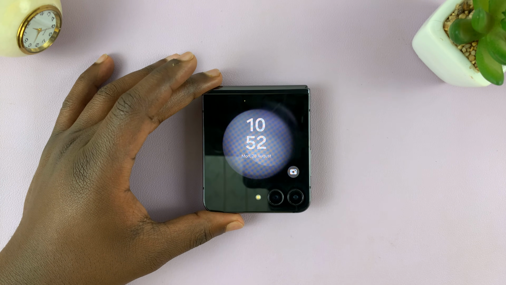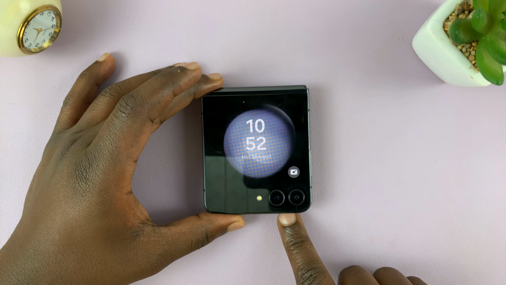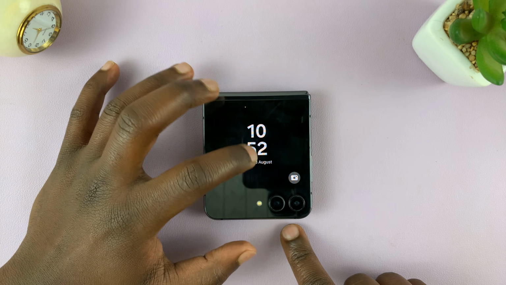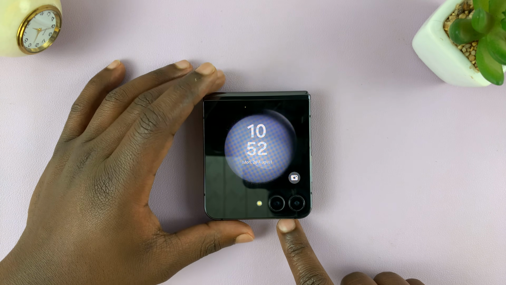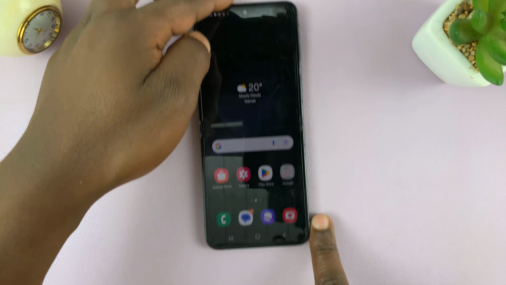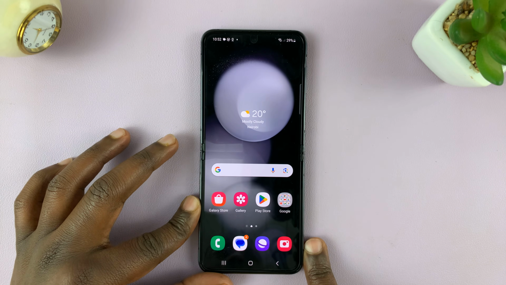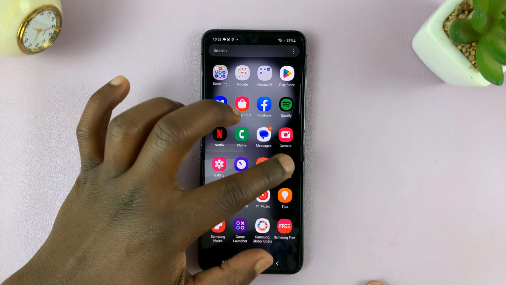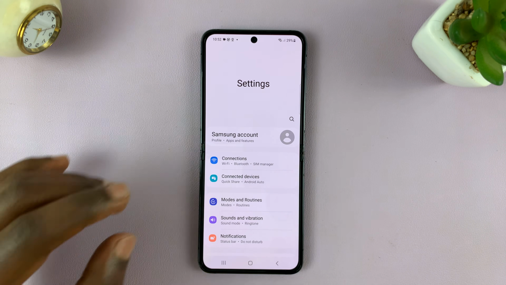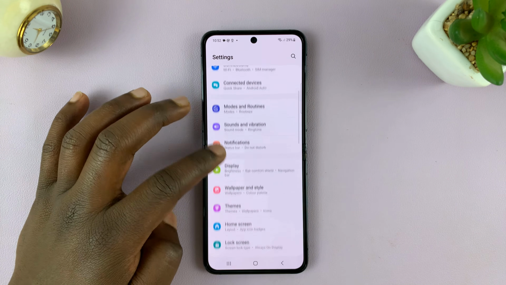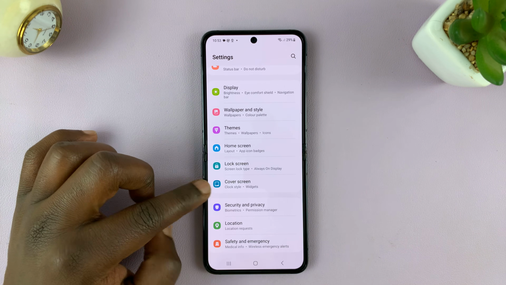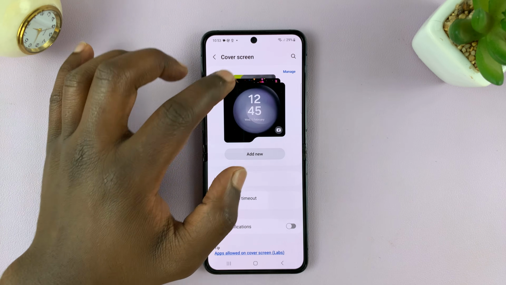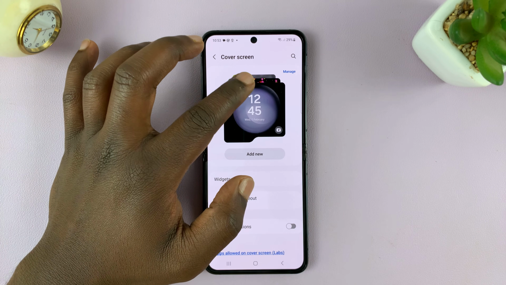I have the Samsung Galaxy Z Flip 5, and I'll be showing you how to change the cover screen clock style. So unfold your phone and then go to settings. On the main settings page, scroll down to cover screen, tap on that, and then on the cover screen wallpapers,